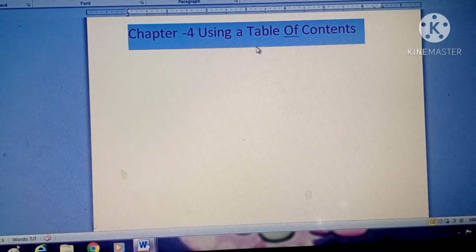Now, what is the table of content? For example, when you are making some index in your notebook, how do you write? Firstly, you write the chapter name. After that, you write the topics, and under a topic, you write the subtopics. So you write the chapter name, then the topic name, then the subtopic name. Then how will you write this in a table?